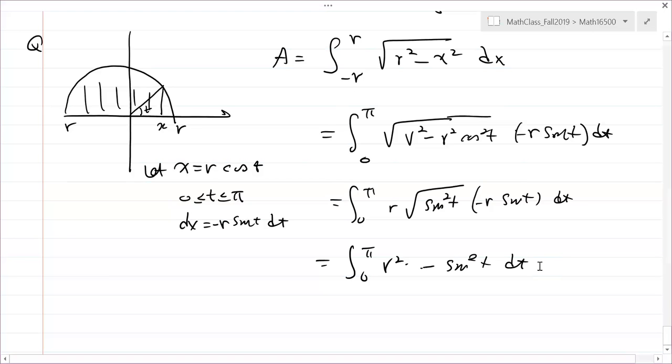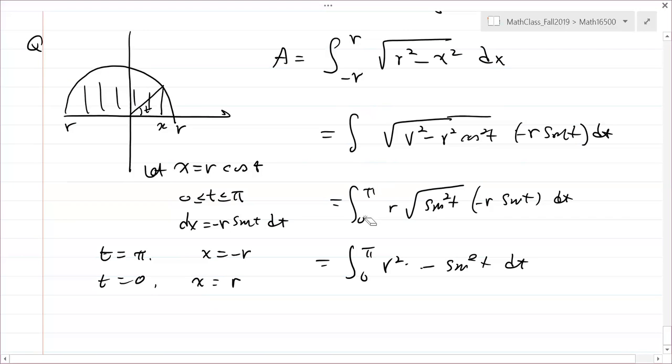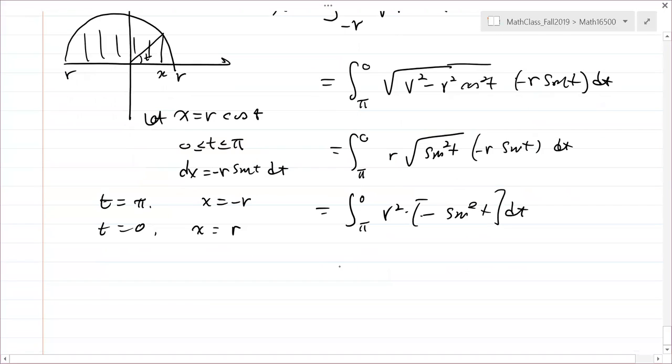Be careful with the interval. When t equals pi, x is negative r, and when t equals 0, x equals r. So my interval should be from pi to 0, not from 0 to pi. Otherwise, it's harder to explain the negative sign here. So now, if you change the order of the limits,